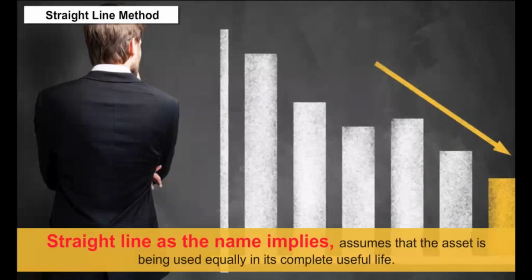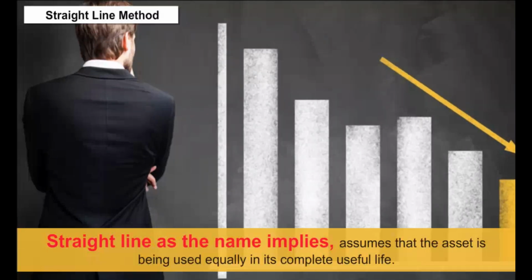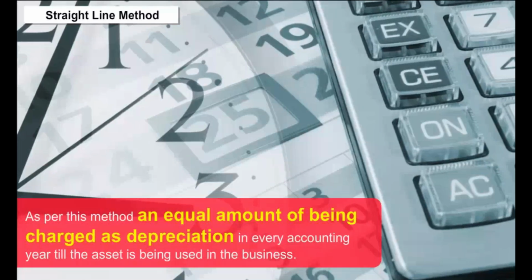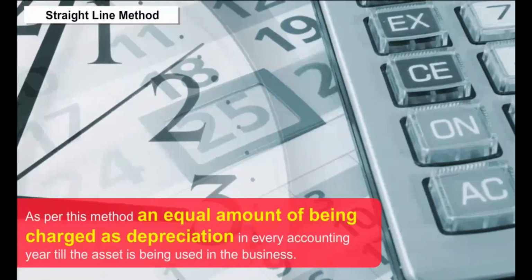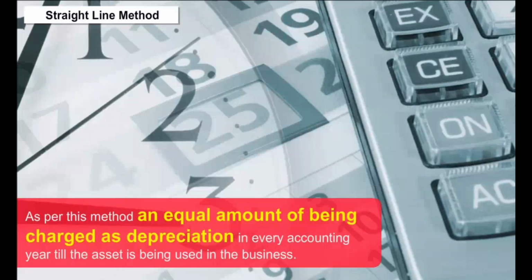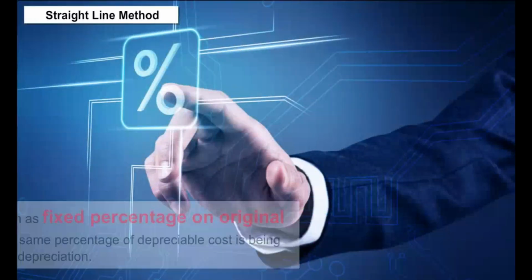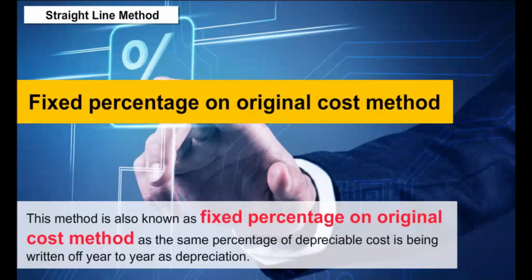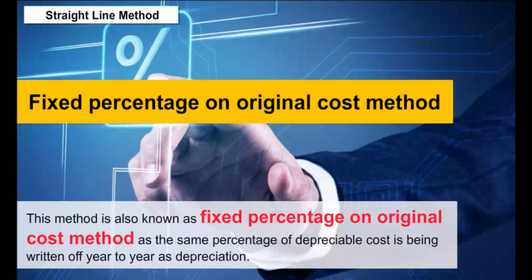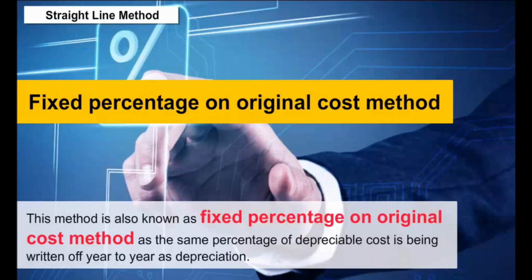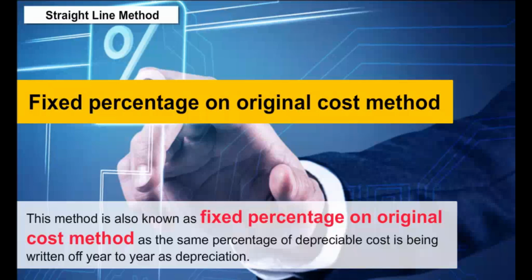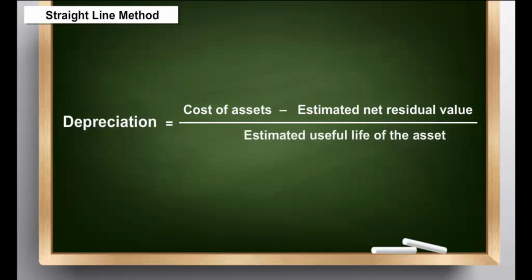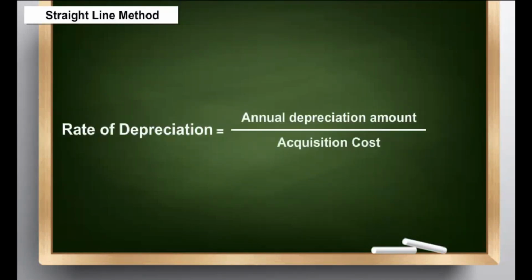Straight line, as the name implies, assumes that the asset is being used equally in its complete useful life. As per this method, an equal amount is being charged as depreciation in every accounting year till the asset is being used in the business. This method is also known as fixed percentage on original cost method, as the same percentage of depreciable cost is being written off year to year as depreciation. Formula to calculate depreciation under this method is, formula to calculate rate of depreciation is,